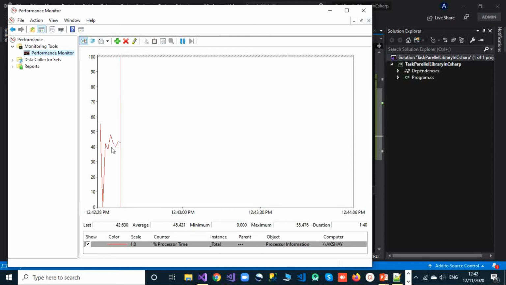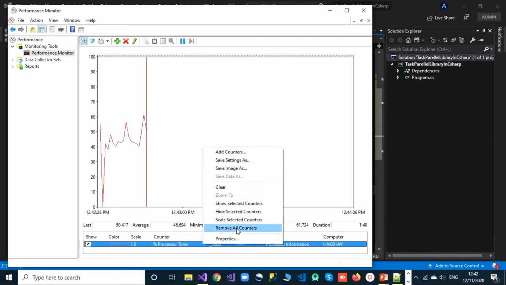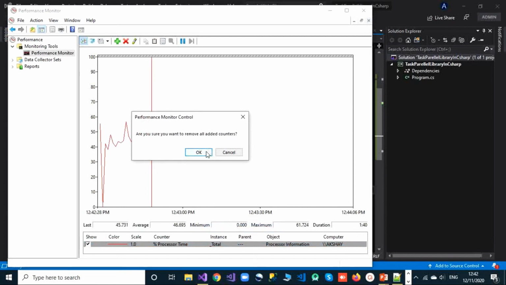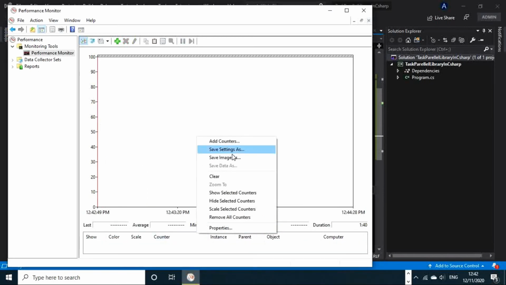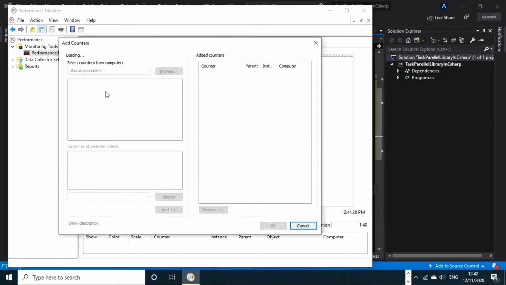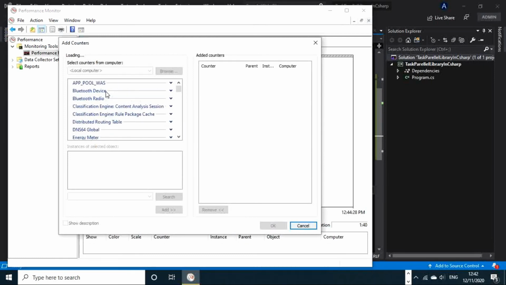For now it is only showing one processor. I want to show all the quad-core processors, that is all 4 processors. So I will remove all these counters from here, and add one new counter, and we'll wait for these counters to load.